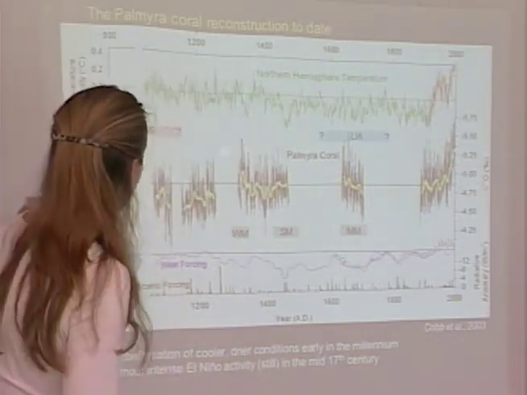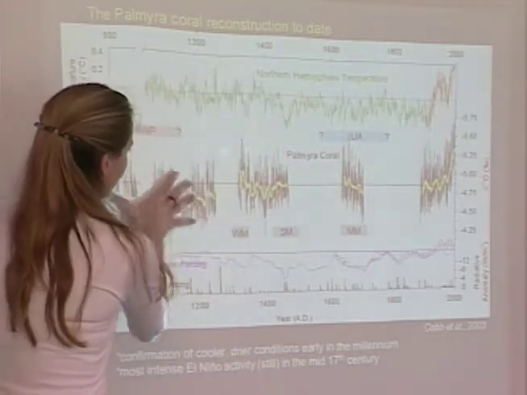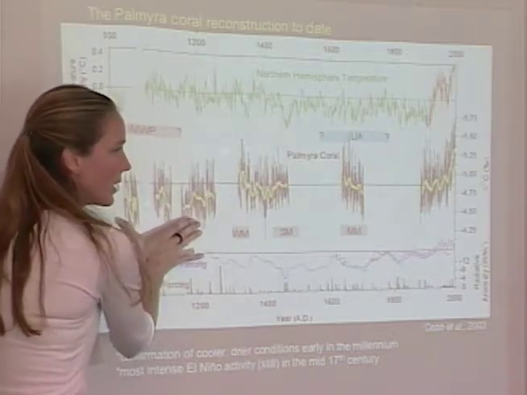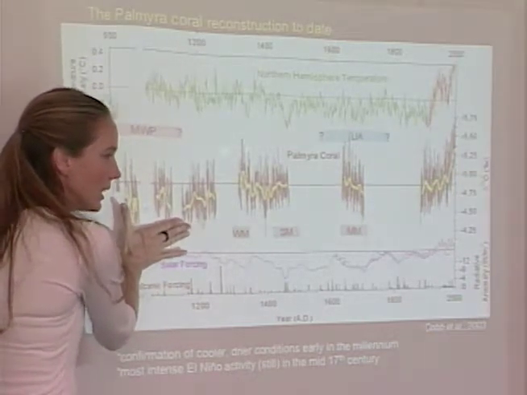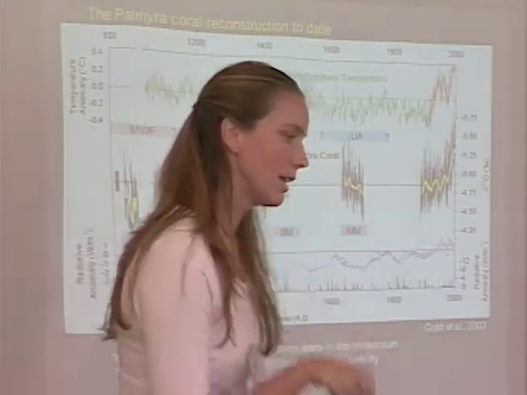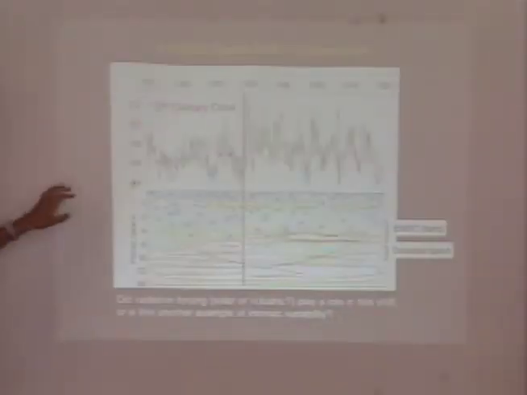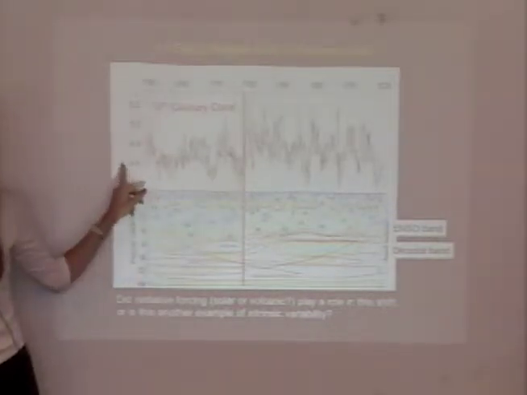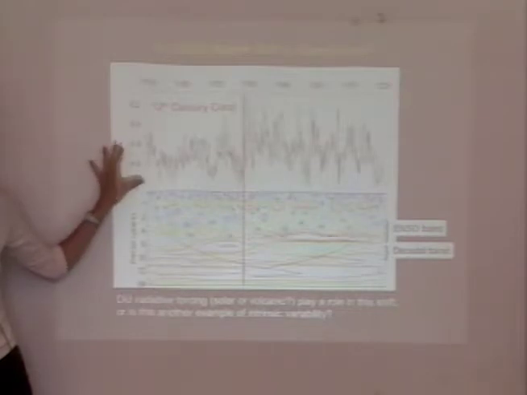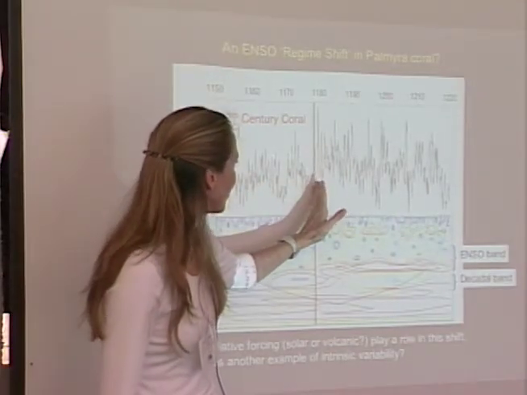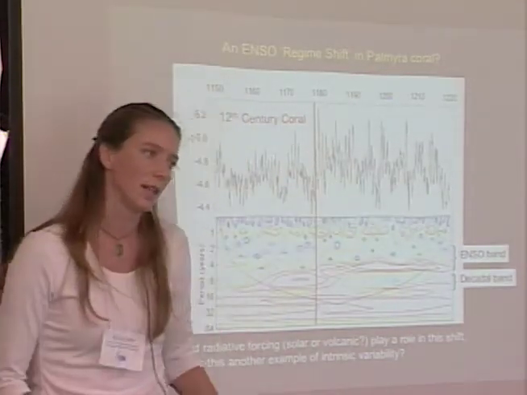Okay, so the bottom line here, I think, is that this is a very interesting time period in terms of, was this radiatively forced or not? What caused this anomaly in the tropical Pacific, El Niño? And then we're going to look at one other interesting example that came of this, which is this one piece in the 12th century, where you can see the character of the record changing a lot. This is one single coral that grew during 70 years in the 12th century, and you see some decadal scale variability here, and then this is an arbitrary red line, and then a lot of El Niño variability after that.